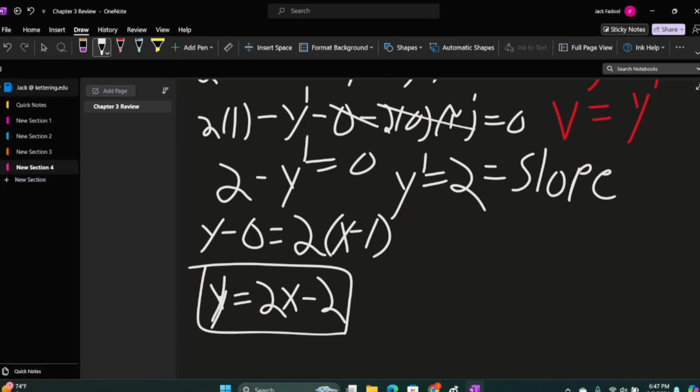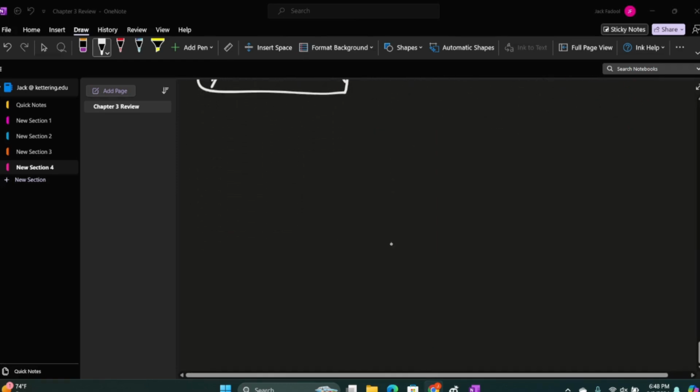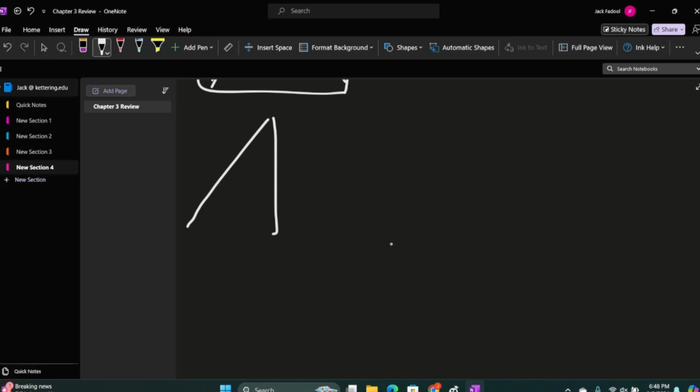And then to finish this review up, we will be doing a related rates problem. Now these are a little hard. They get tricky, but once you figure out how to do them, you can solve every related rates problem there is. So we'll just dive right into this one. It says a 10-foot long ladder rests against a vertical wall. If the bottom of the ladder slides away from the wall at a rate of 4 feet a second,